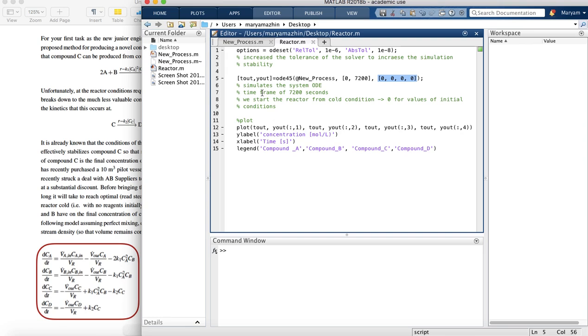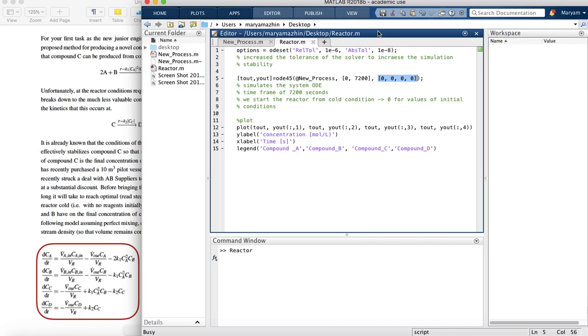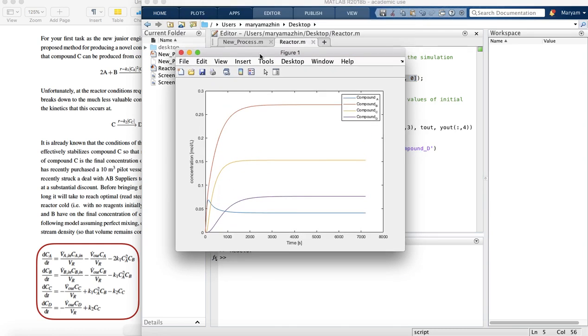Column 1 contains the simulation result for the concentration of compound A. Column 2 contains the simulation result for compound B. Column 3 has the simulation result for compound C, and column 4 contains the simulation result for compound D. And then if we go to the editor and press the run button here, we will see that the result will show up in a figure, and these plots show how the concentration of component A is propagating through the column, through the reactor,